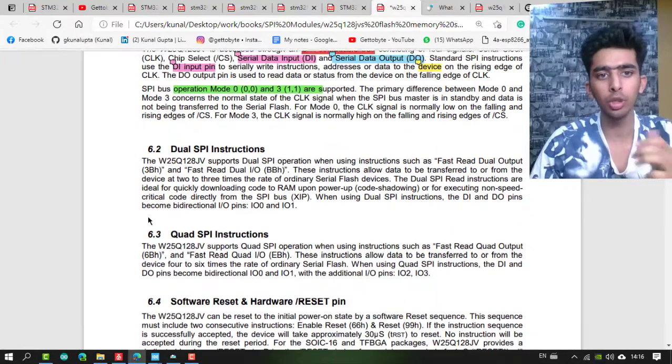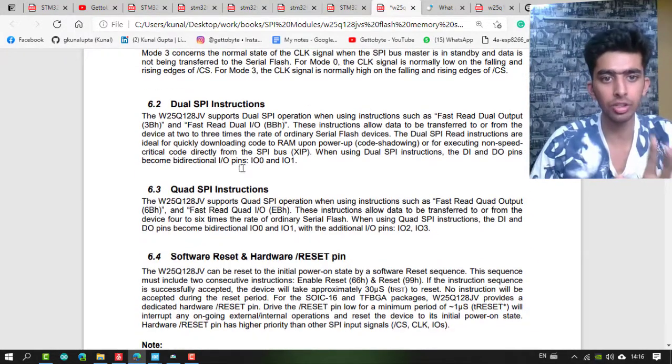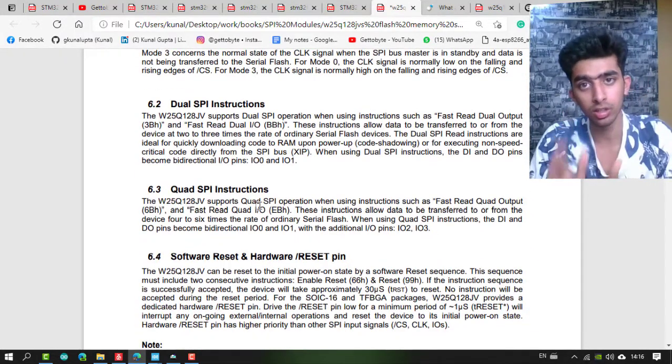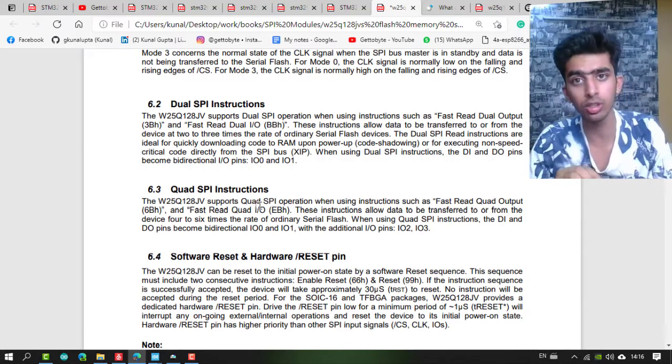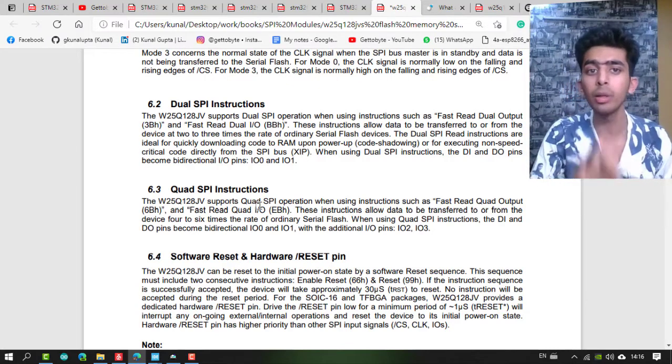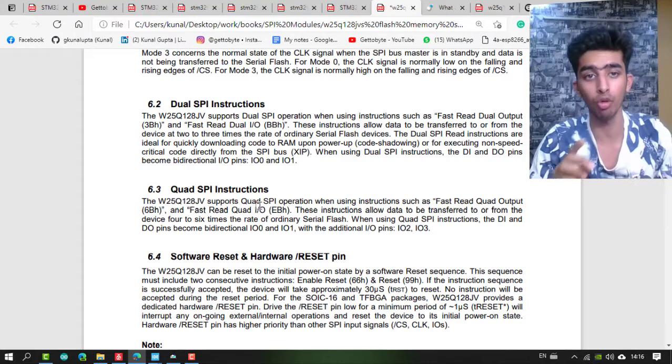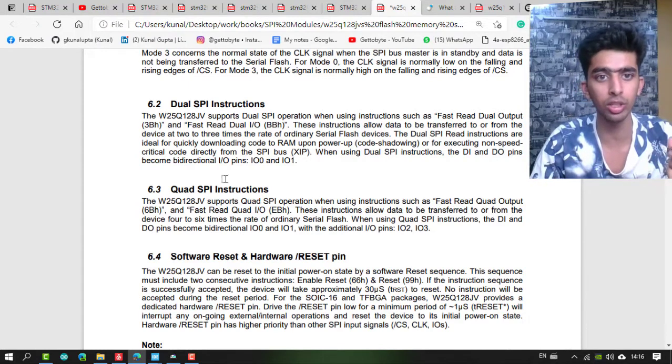So now, the dual and the quad SPI instructions are not of our concern, because we can't use them in this module. Though I have implemented their code, if anybody wants to ask anything related to these two things,